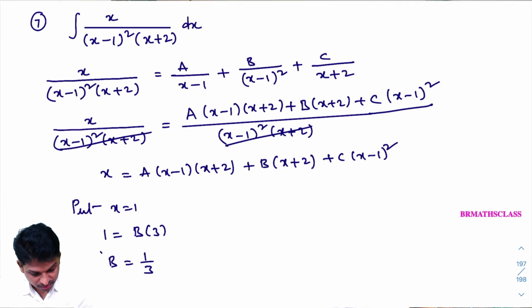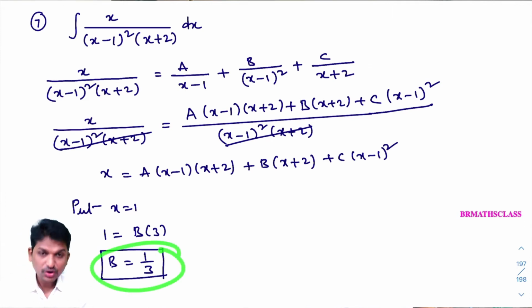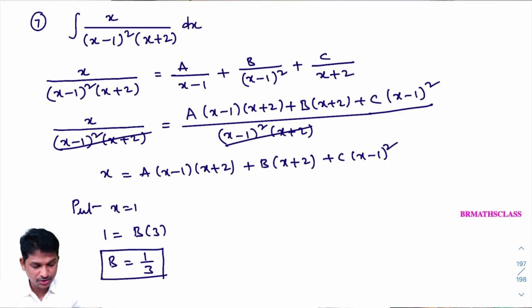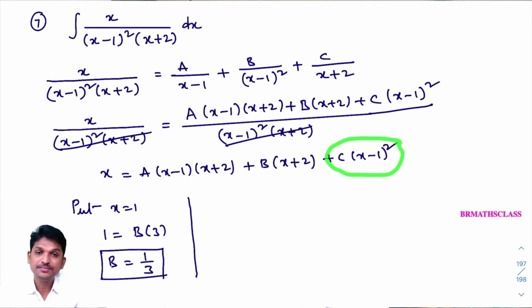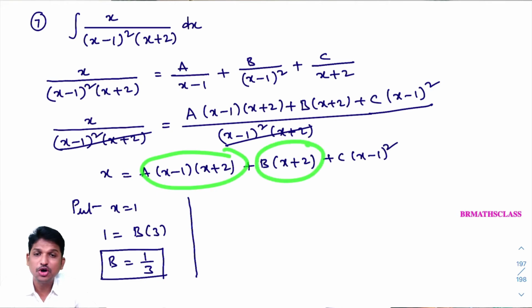I got b value. I hope you are understanding. With the help of the trick, I got b value. You understand how to find this b value? Whoever is there in the online class, please let me know. I hope you are understanding how to find the b value. Okay, good. Now, can I get c value at a stretch? To get c value, we need to make this term 0. Correct? Now, you observe in these two terms, is there any term common?